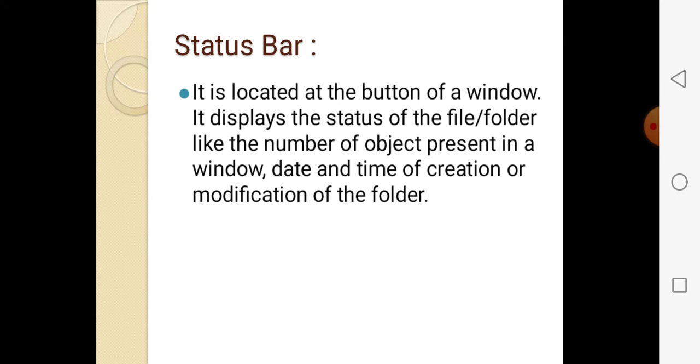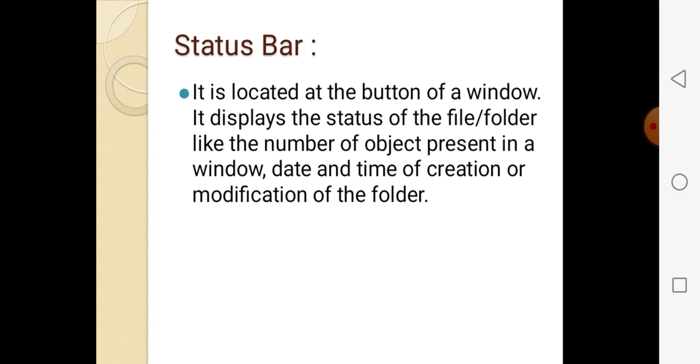So if you want to check on which day you created your file or folder, you can easily see it and search it, find it too, right. Also you can find it, also you can search it. Suppose I want a file of the third date, so easily you can see on which day the folder was modified, and on the third day, all the files I modified or created, the whole list will come.